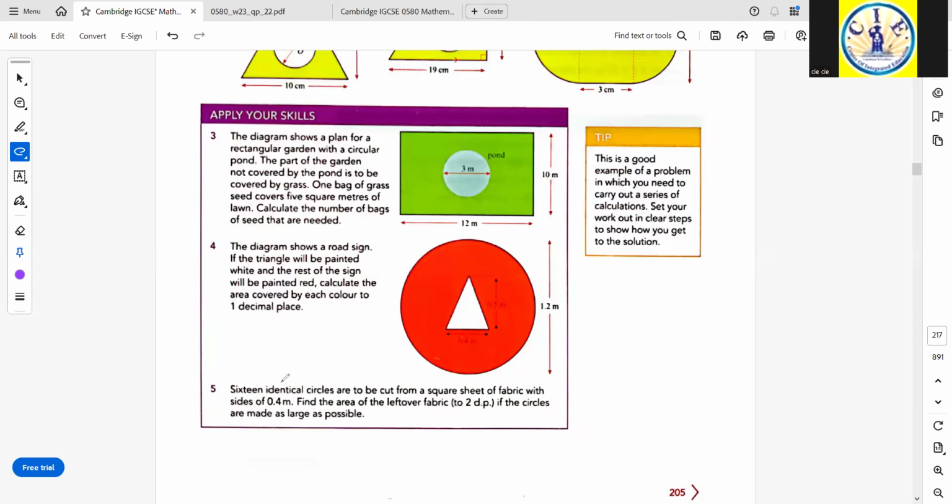Question number 5. 16 identical circles are to be cut from a square sheet of fabric with sides of 0.4 meters. If there is a square sheet like this and its sides are given to be 0.4 and 0.4 meters, find the area of the leftover fabric to two decimal places if the circles are made as large as possible, and we need to have 16 such circles,